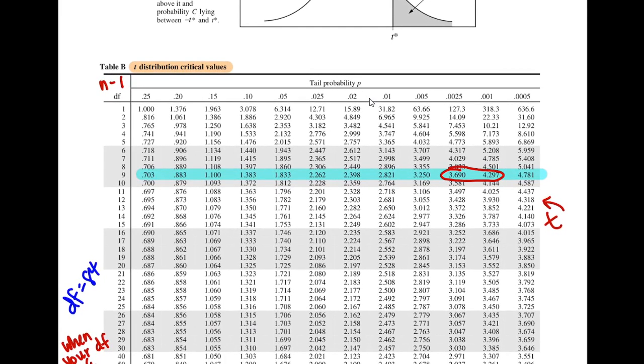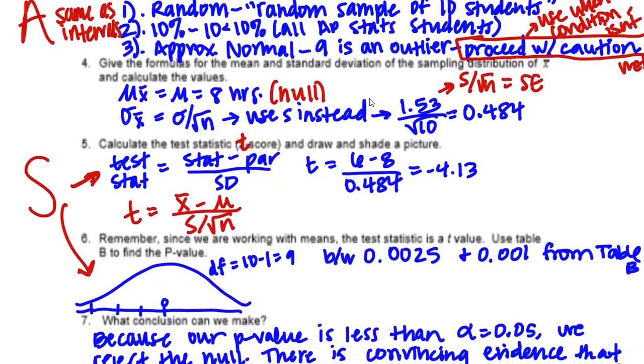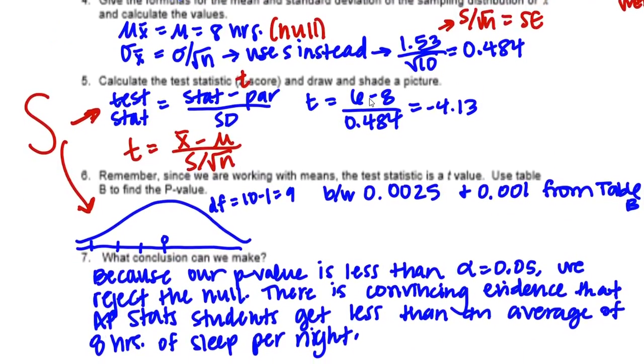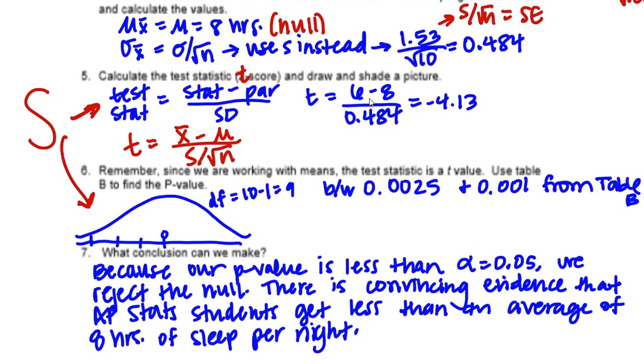And so 4.13 would be between those, and then this is the p-value. So the tail probabilities are p-values. I don't have an exact p-value, but I do know that it would be somewhere between 0.0025 and 0.001. And if you're uncomfortable with that, there's a better way, but that is one thing to do. And both of those are less than the alpha of 0.05. So it doesn't actually matter if you get the p-value as a number or as an interval like this, but